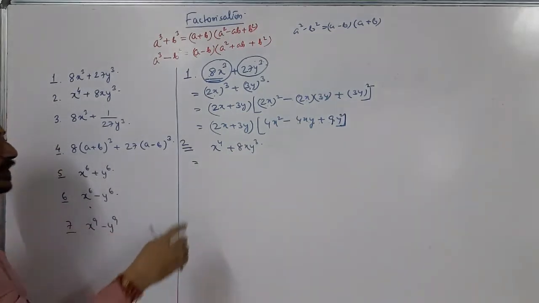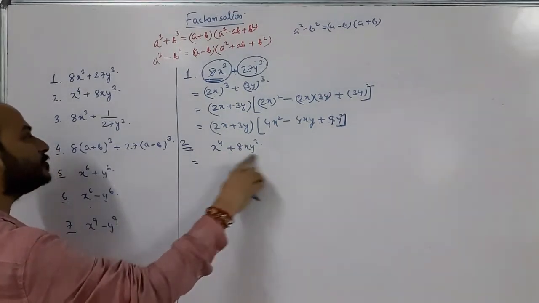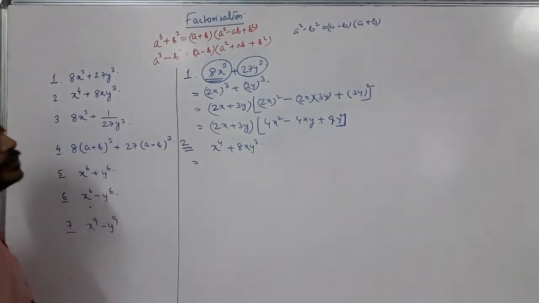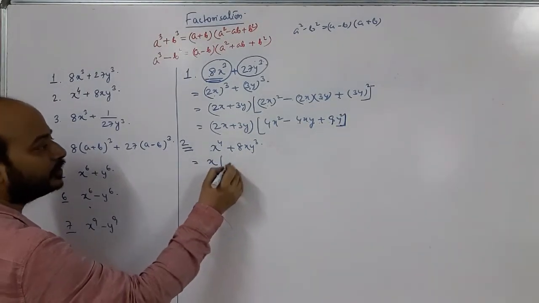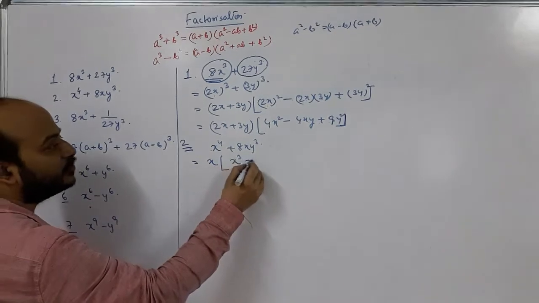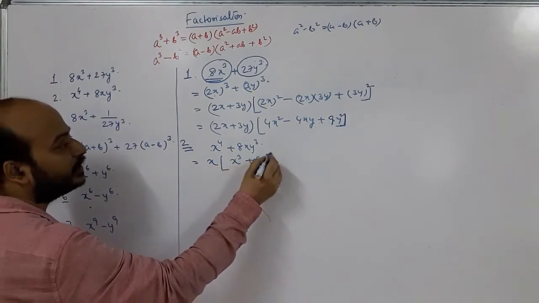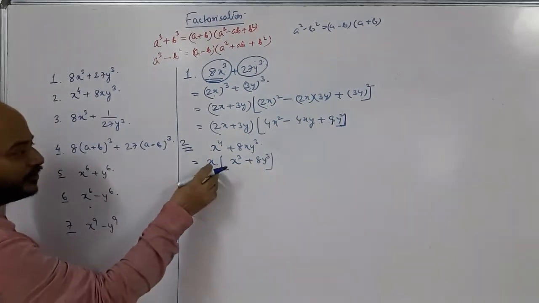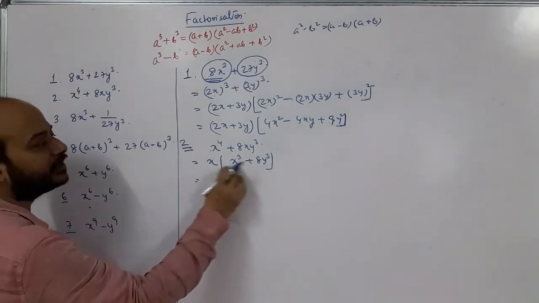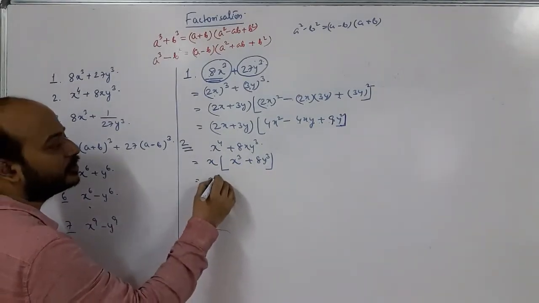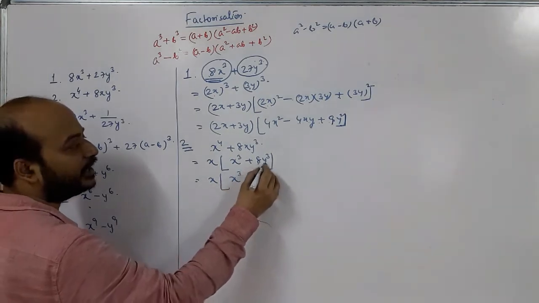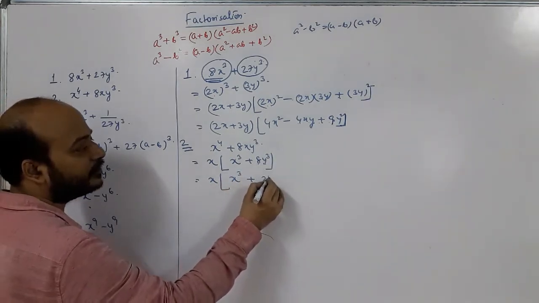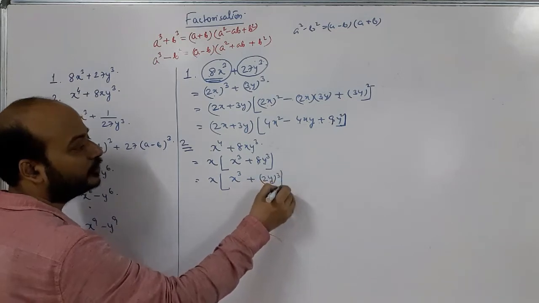Now here also, x to the power 4 plus 8xy cube. As I have told you in factorization, if something is common, first you take it common from the whole expression. We get x common in both. So if I take x common, it becomes x cube plus 8y cube. Understand? Now I write this x, and then I will convert this into a cube plus b cube. So x cube means a cube, and 8y cube, how will I write? I will write 2y whole cube.